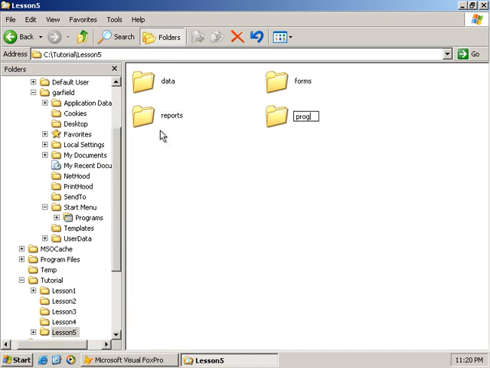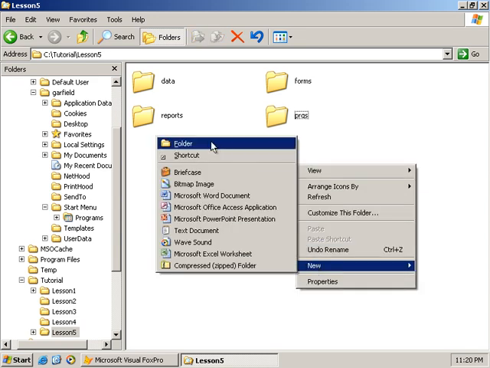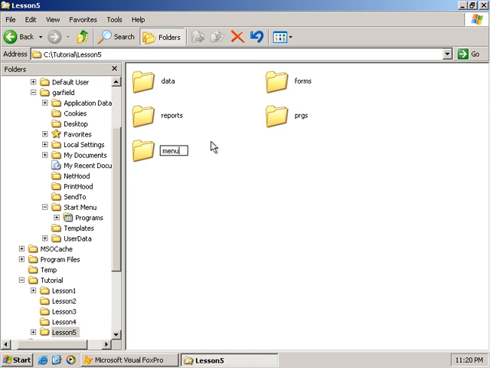We can have PRGs. And this is just to keep things organized. For this application, this may be a bit overboard, but anyway,